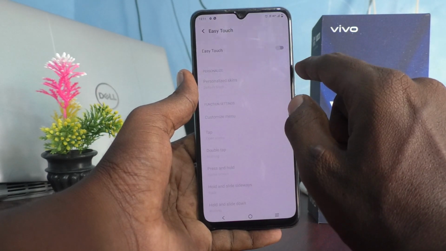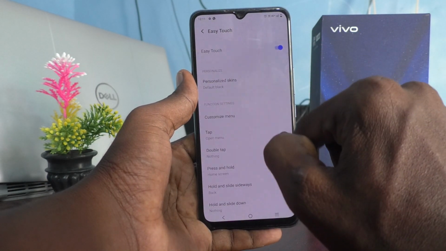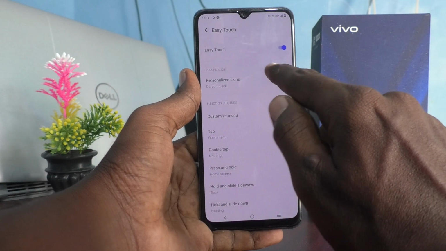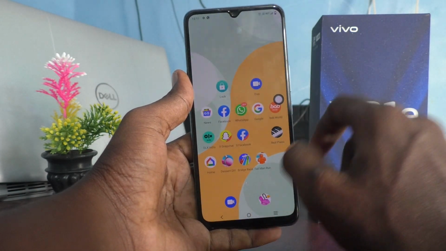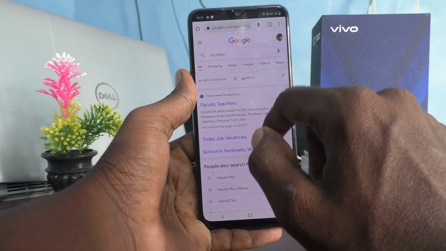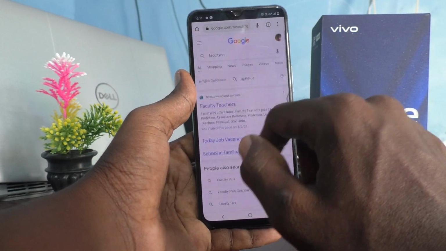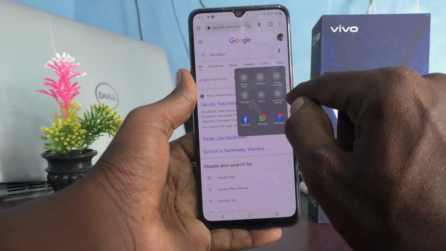Click on Easy Touch and turn on the button against Easy Touch. This is Easy Touch bar. You can move it anywhere on the screen. Now go to the screen for which you want to take a screenshot and click on Easy Touch option and